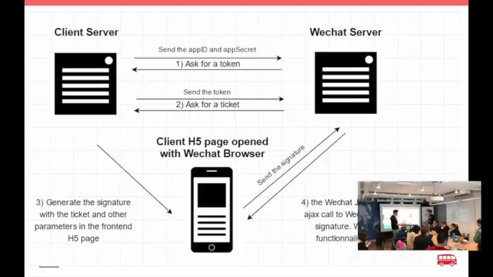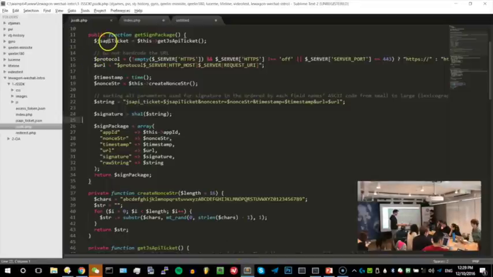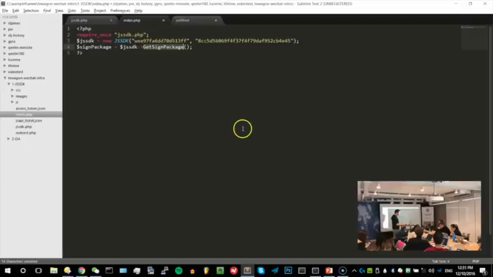If you understand that and the code, you understand about 80% of the workshop that you need. The four parameters are, you can see inside the code, it's taking the ticket, a generated random string, the timestamp, and the URL. Once you did that, and that's the biggest work, you don't need to know exactly how to do it. They provided what is called an SDK, a software development kit, for that. That's a layer that takes care of all these parts. What you do is just write your code.